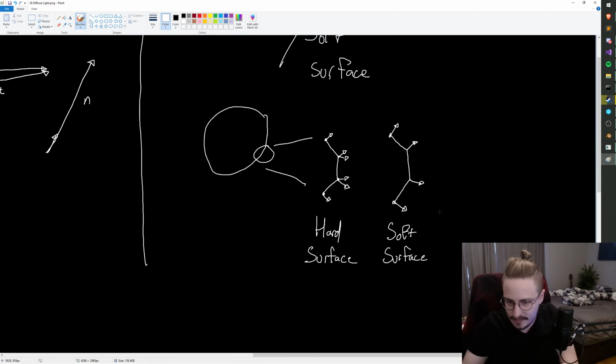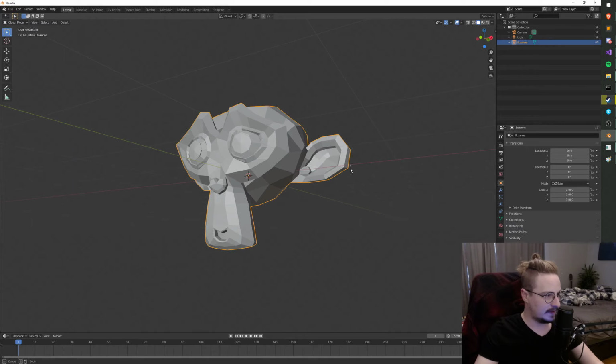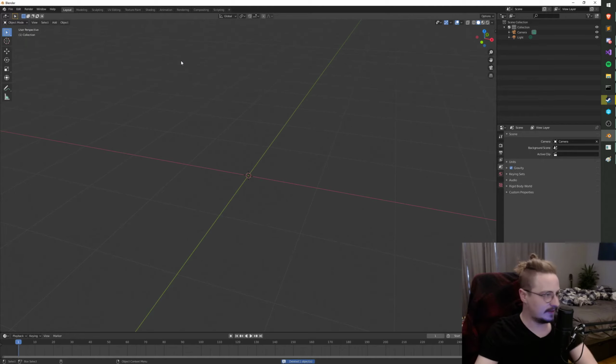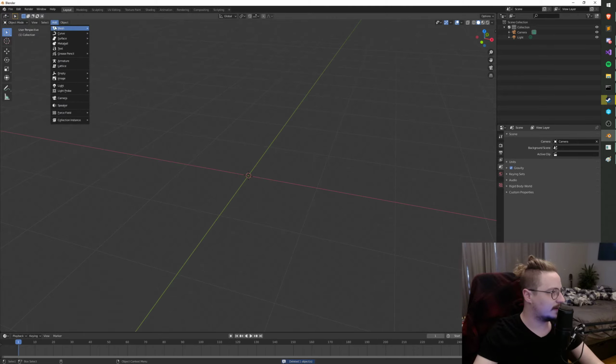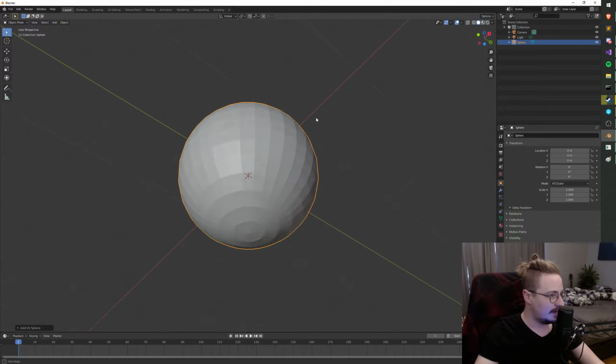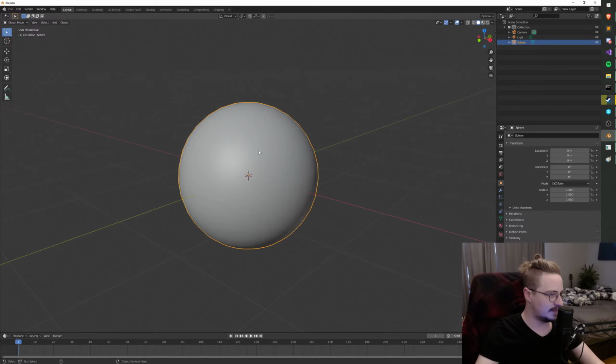All right. And right now our sphere is a hard surface sphere, right? So you can see each discrete face. But if I just go into Blender, and this is not really important, but I do want you guys to understand the difference between a hard surface and a soft surface. I'll make a UV sphere here. And by default in Blender, the UV sphere is hard surface like this, and this is how I exported it. But if I just do shade smooth,